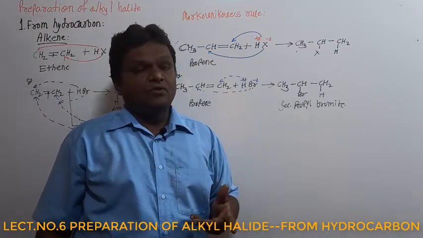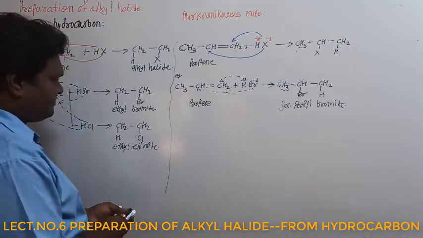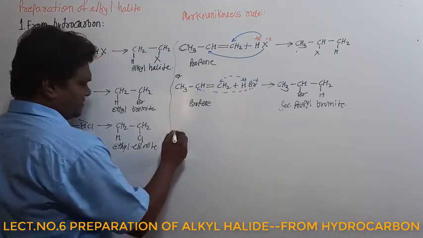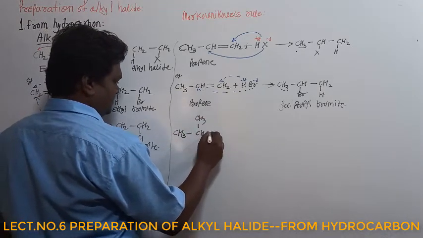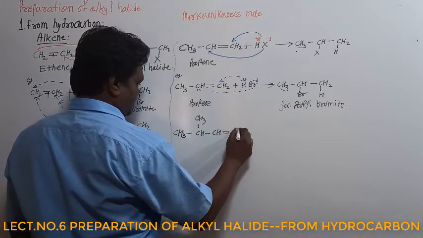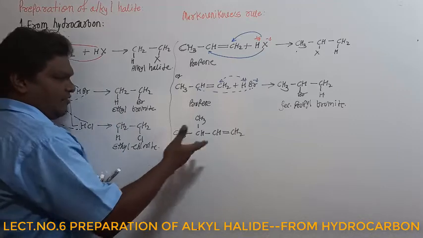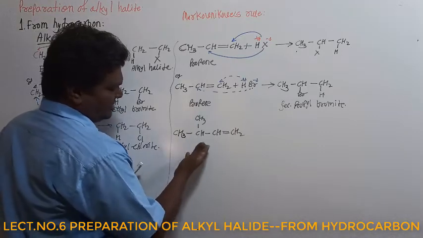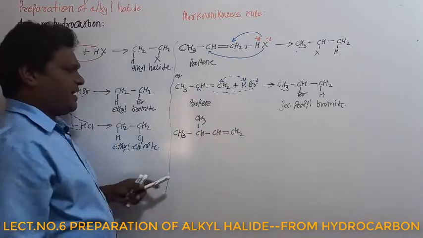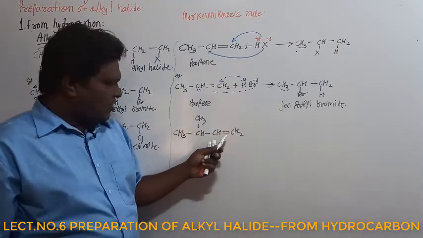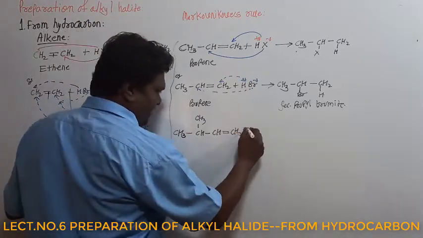Now, Markovnikov's rule is applicable to this reaction, it is very simple. But sometimes some reactions don't follow Markovnikov's rule. For example, let's see the example first. Now, what about this reaction? This is the IUPAC name, if you want to write, you can write 1, 2, 3, 4. It comes to 3-methylbut-1-ene. Now let us start the example. If you are going to react this with HBr, what happens now?